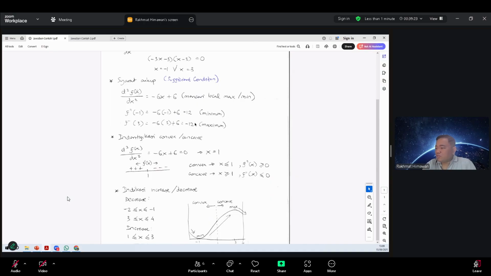So from minus 2 to minus 1 it decreases, and then we reach x equal to minus 1, which is the minimum point. And then from minus 1 to 3, this is wrong, it should be minus 1 to 3, it is increasing. Because from convex, it keeps increasing until concave. And then we reach x equal to 3, which is the stationary point, and concave, it also means the maximum point. And if we keep continuing to the right, it's going